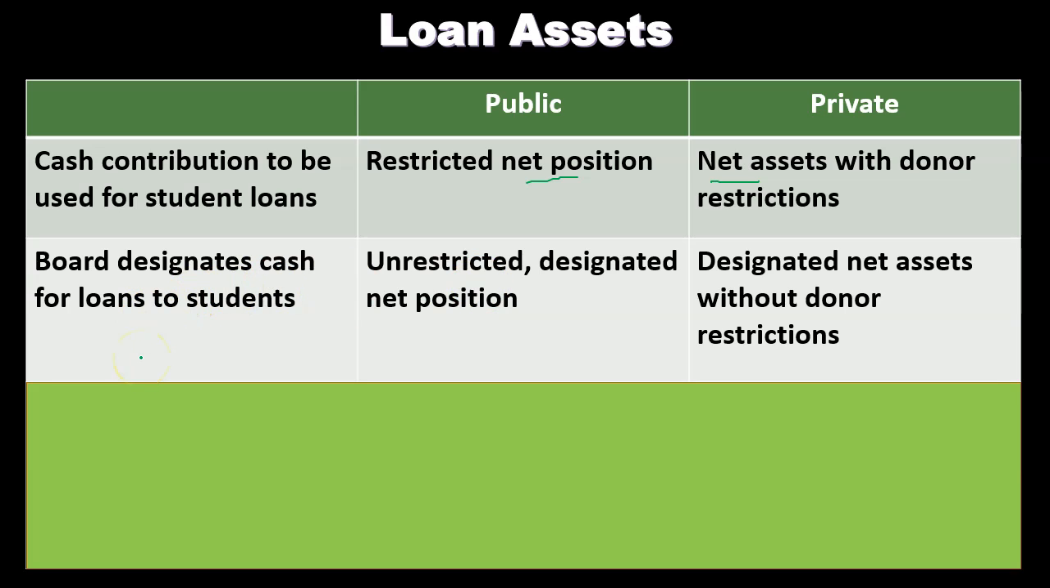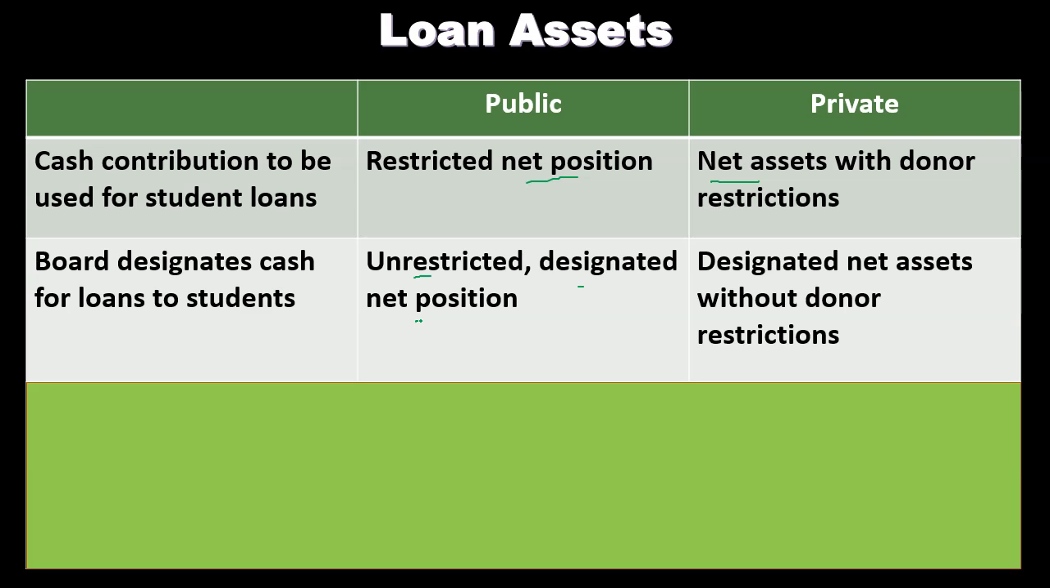So what if we had a board designated cash for loans to students? So what if the board designates cash? Says the board says that we're going to designate this cash for loans for students. Then on the public side of things, it's going to be unrestricted designated net position. So notice it's in unrestricted, not restricted, even though the board designated the cash for loans to students. And then it's going to be assigned as designated net position. So again, within the equity section, now we've got unrestricted and now we've got unrestricted with this designation for the